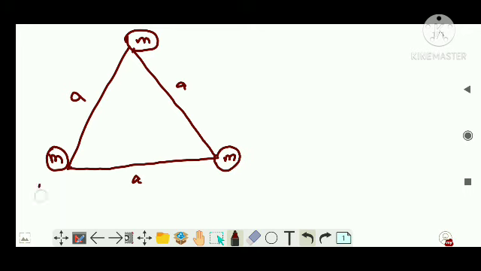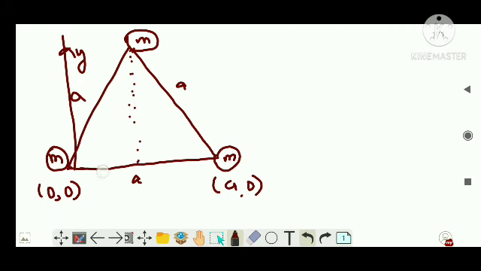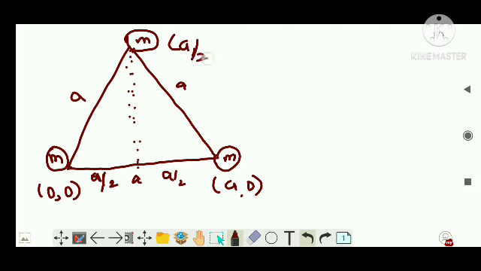The second thing is you have to take an origin. Let's take this part as origin, so this will be a, 0, right? This mass coordinate will be in x, this becomes your y-axis and this becomes your x-axis, right? So here what will be the value? This is a by 2, and this is also a by 2, so the x coordinate is a by 2. And what will be the y coordinate's value? That is the height of an equilateral triangle. I hope you know the height of an equilateral triangle. If not,